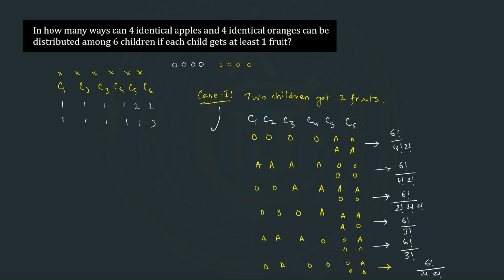So in this first case total number of cases will be 2 times 6 factorial divided by 4 factorial 2 factorial, plus this will be 2 times 6 factorial divided by 3 factorial, plus 6 factorial divided by 2 factorial 2 factorial, plus 6 factorial divided by 2 factorial 2 factorial. So this, if we try to calculate, it will be